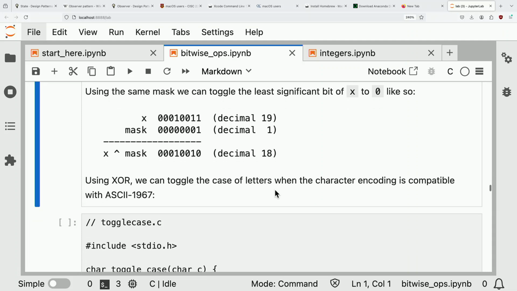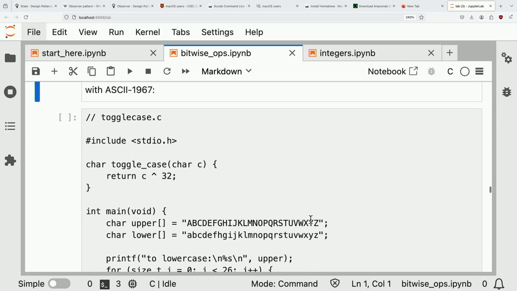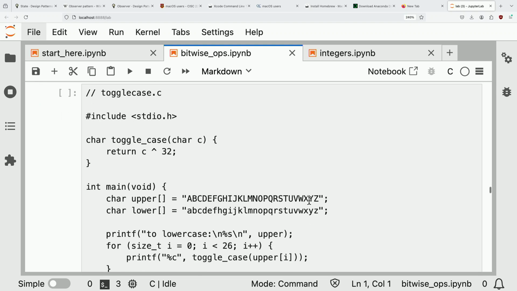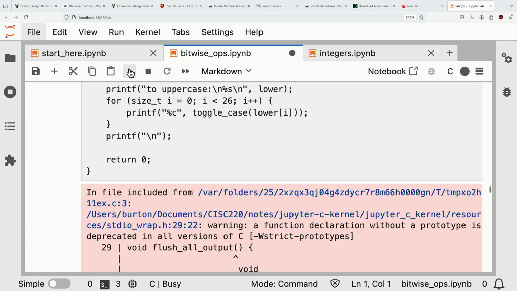Using the same example as before, where I have the uppercase letters and the lowercase letters, if you take the exclusive OR of one of these characters in these strings with 32, it turns out that flips the case of the letter. So if you run that,